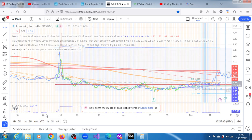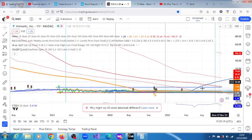Okay, let's look at the 1-week chart and see what we have for IMUX. Look at that. Look at the extrapolative price indication for Monday that just passed, Monday the 11th of December. If that is good, you can take that 61.39. And this is an upward sloping indication. It gets to $72 or thereabout and plateaus. So if that's going to make you happy, by all means, you can take that, 72.21. That will be the highlight of